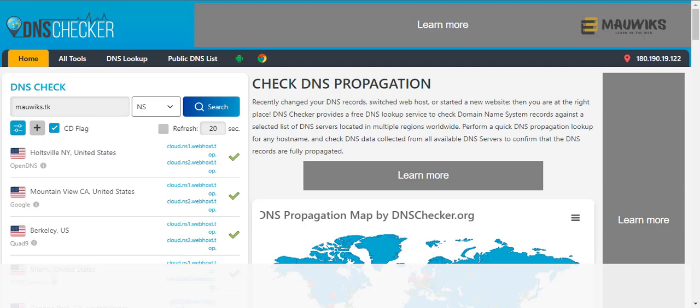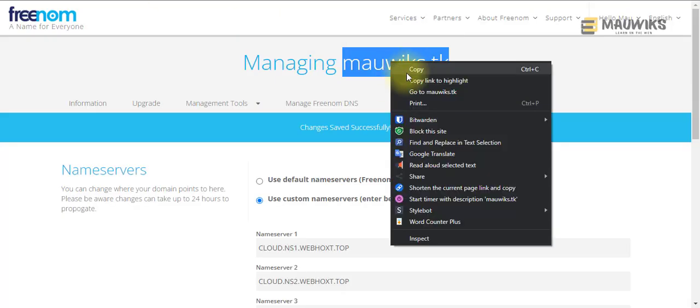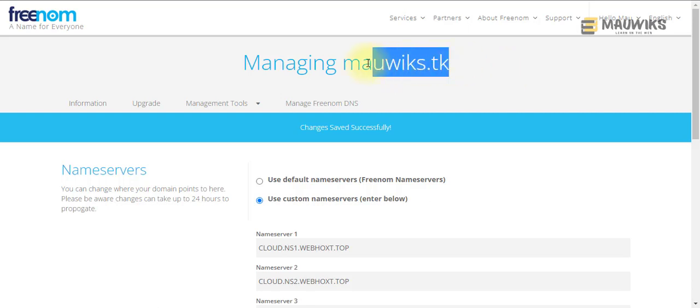So I already registered this domain into my server, and if you don't have a server and you're only using a shared hosting account, or maybe it's your first time to register a hosting account, so usually you want to